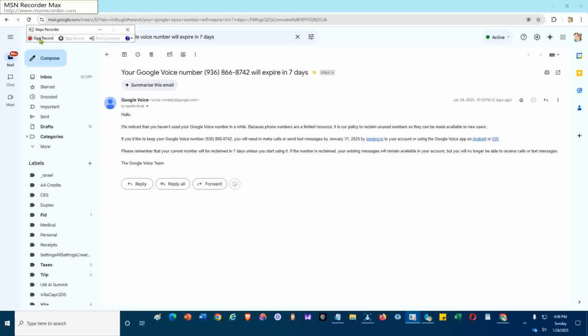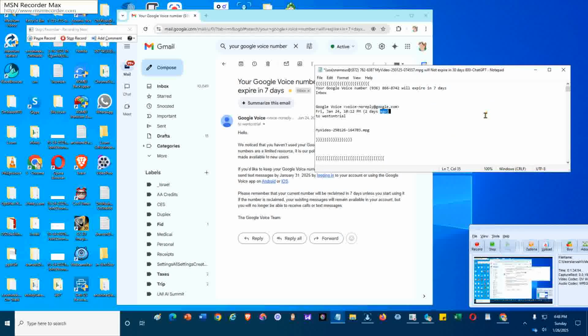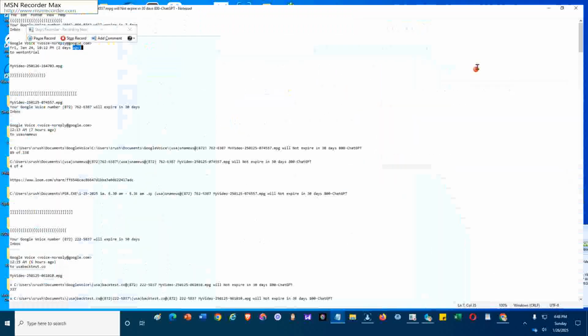And start recording and immediately add the phone number, the video file name in my notes here. Now I'm going to make it a little smaller as I'm proceeding to log into this username and make an outbound call to ChatGPT.